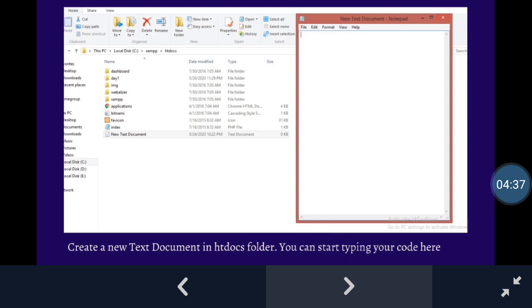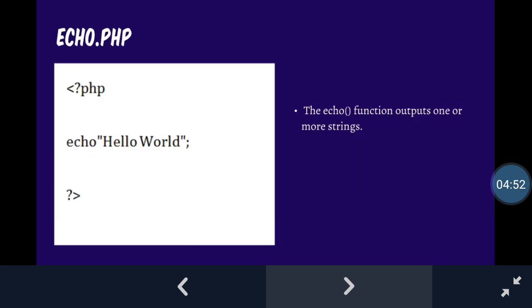Now inside this folder, htdocs, you need to create a new text document as I have shown on the screen. This is a simple notepad or a text document. Now in this text document, we will start our PHP coding. You can see on the screen, this is your very first PHP program, so we will start with a very simple program.